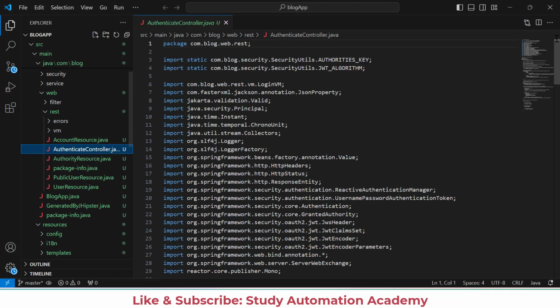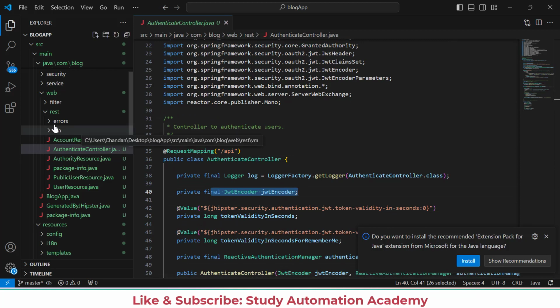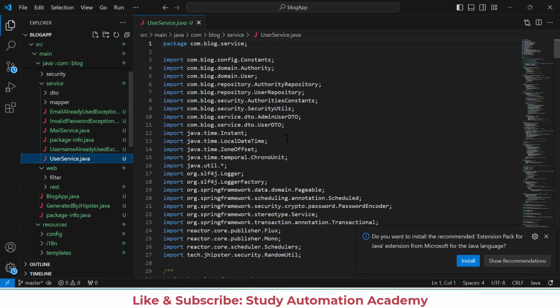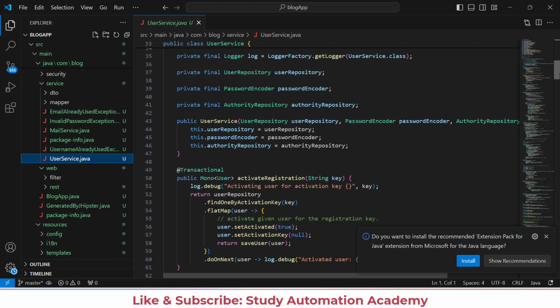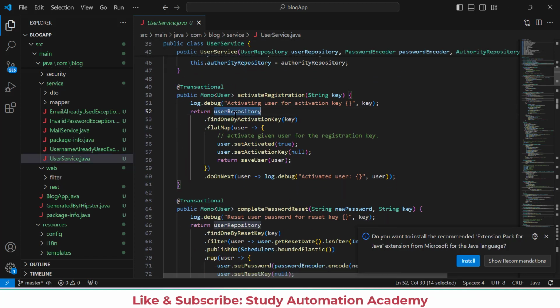In the authentication controller, you will see we have the API available, and it's working with the JWT encoder, and everything is available here. Similarly, we have services, for example user service, and in this user service we will see the implementation using user repository.